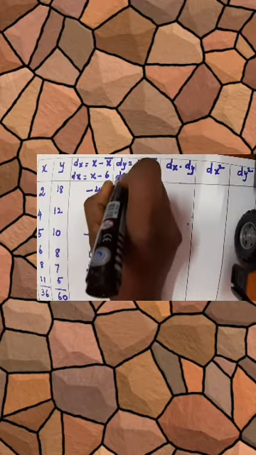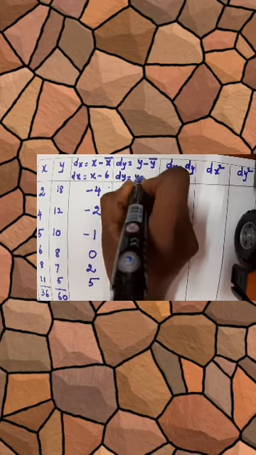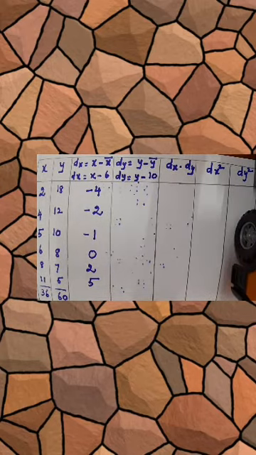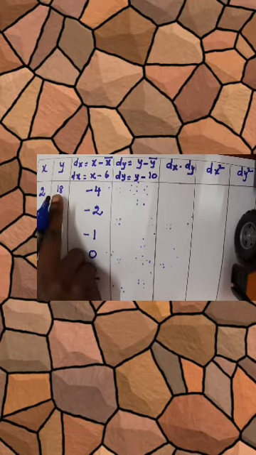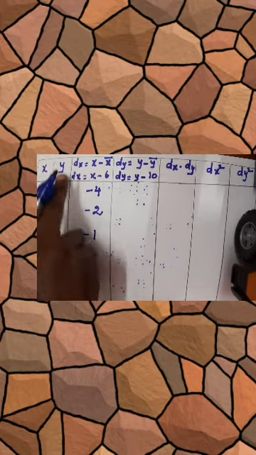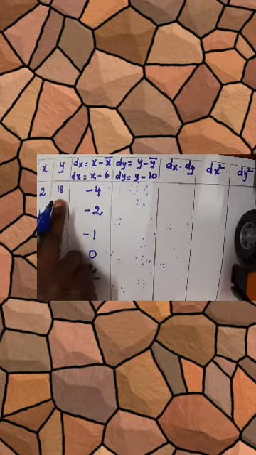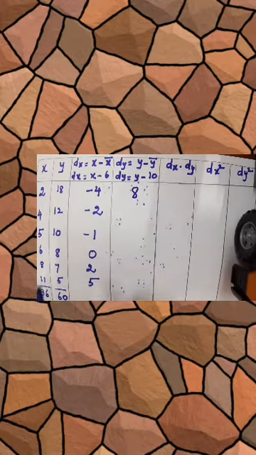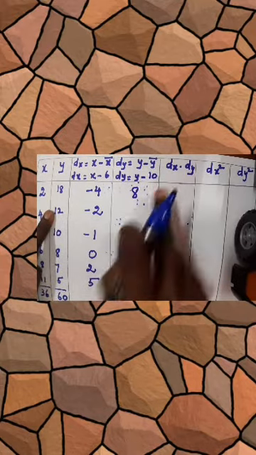Similarly, I'm going to fill up all the columns. So next we have to find what is dy. So dy is y minus y bar, we got y bar as 10, the arithmetic mean of the y variable. So we will subtract 10 from each value in the y column. So 18 minus 10 will give you positive 8. Next, 12 minus 10 will give you